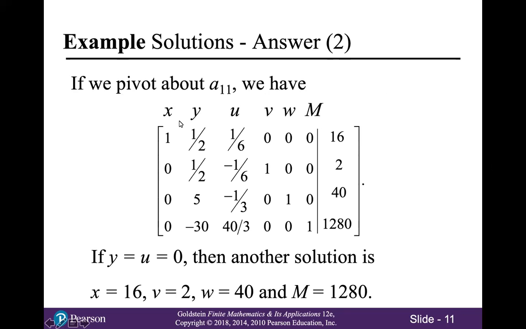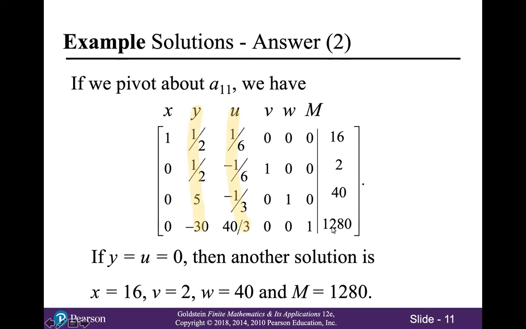So now the columns that look like the identity matrix are X, V, W, and M. So I am going to block out, whoops, to turn on my pen first. Here we go. So if I block out these columns and just read the solution corresponding to the other columns, you have, well, first of all, Y and U are equal to 0. And then X is equal to 16, V is equal to 2, W is equal to 40, and M is